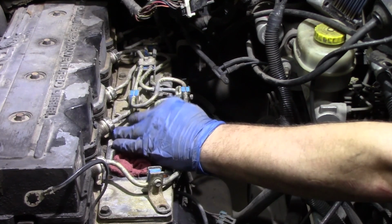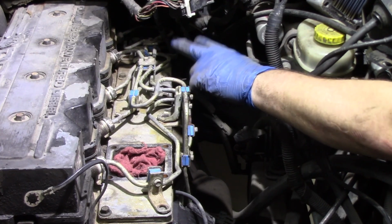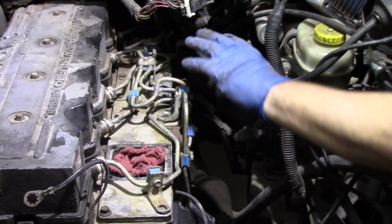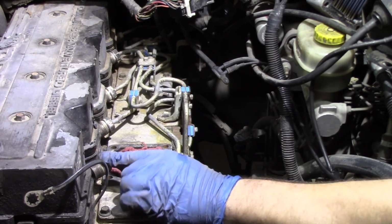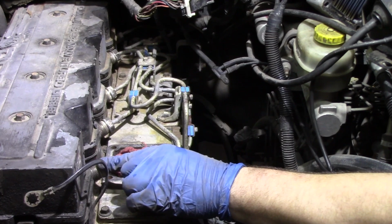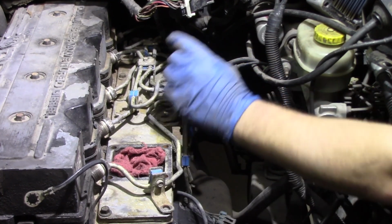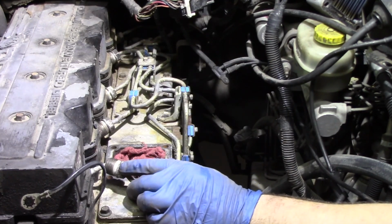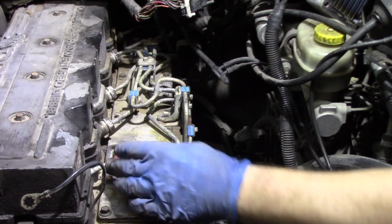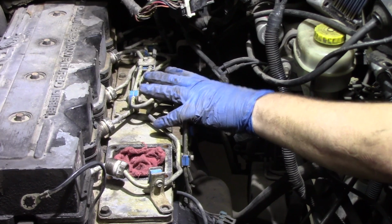We have 2 in the middle, and then right before that bracket that you're taking off, we have another 2 bolts that are going to hold these assemblies in place, along with each of these bolts that's feeding the line to the head itself. And that's why we're going to remove that bracket. Once that bracket's out of the way, we can break free that final injector line in the back of the head, and then having done that and broken these bolts free that are holding the entire assembly on,